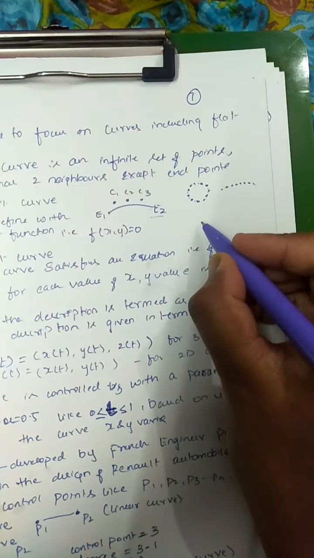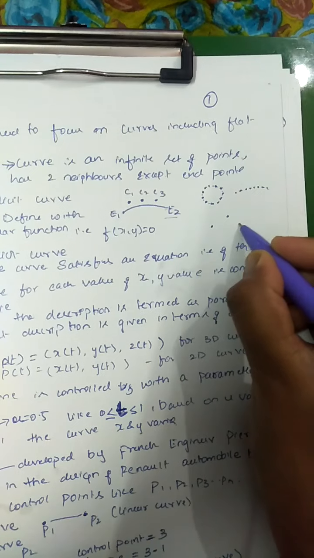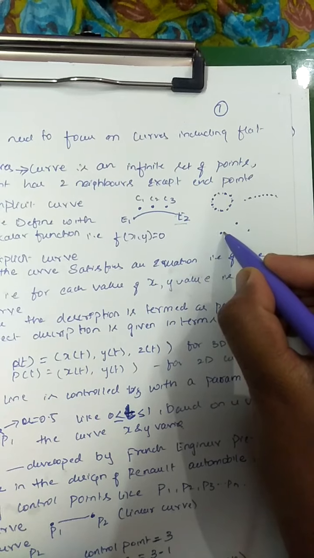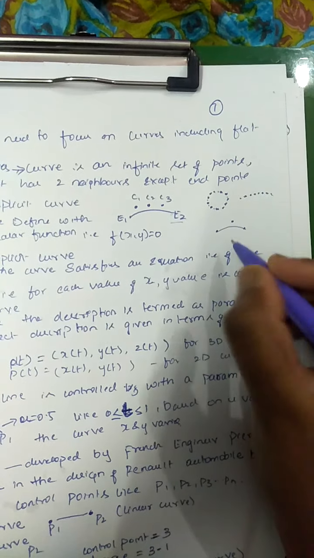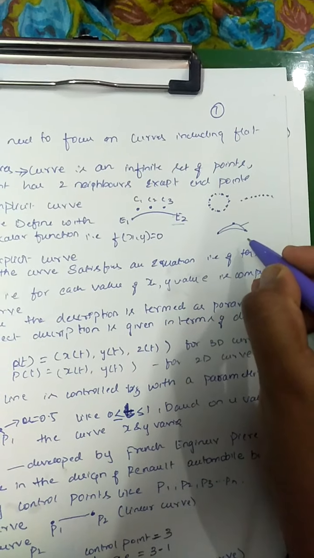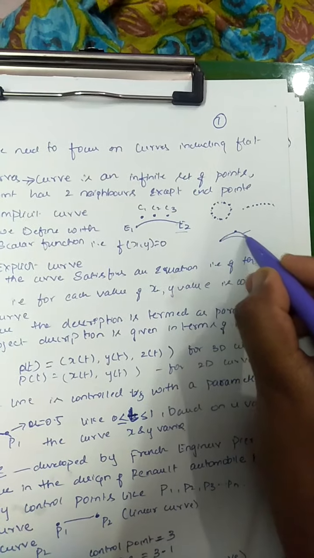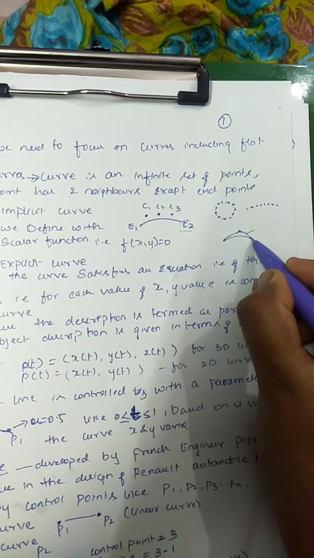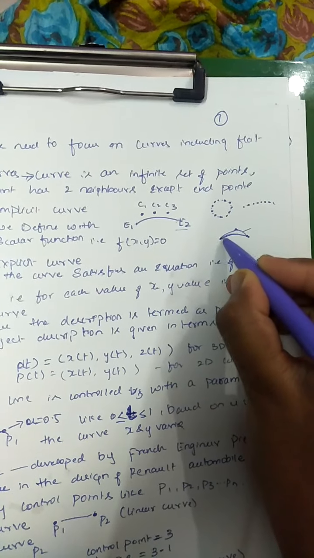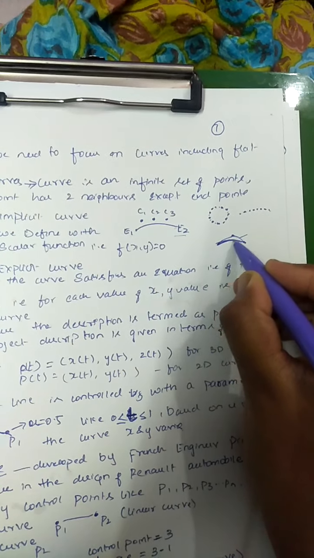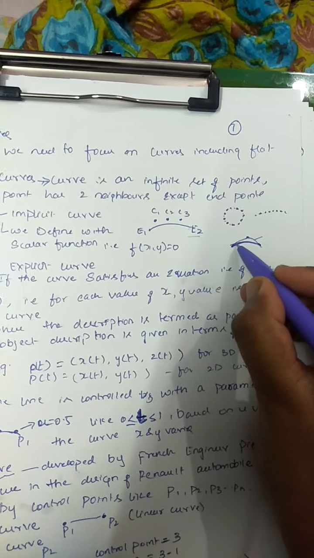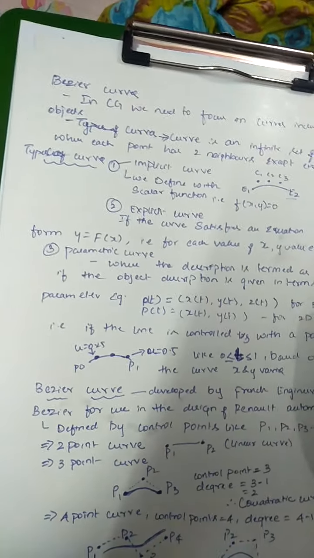So when I draw a curve, assume these are my control points. Control points are the most important thing with respect to curves. If I draw a curve, my curve could be like this or it could be like this. So if I consider the second curve that I drew, it is connecting all the control points 1, 2 and 3. So in that case I can't call this an implicit curve. When I consider the first curve, yes, it just connects only the endpoints, not the other control point. So in that case I can call this an implicit curve.